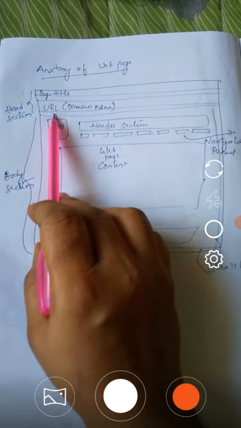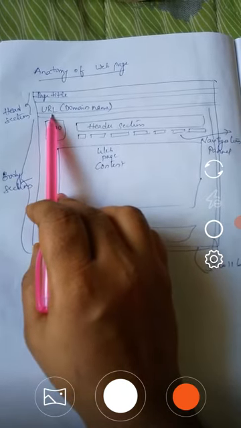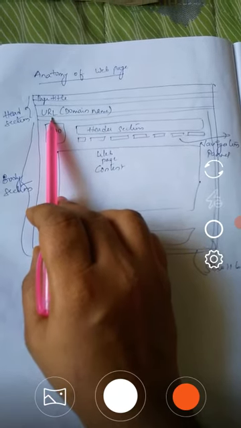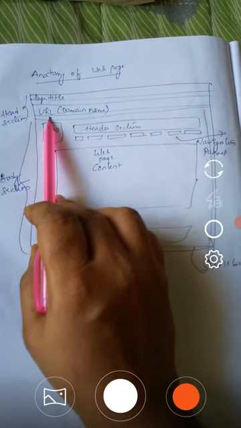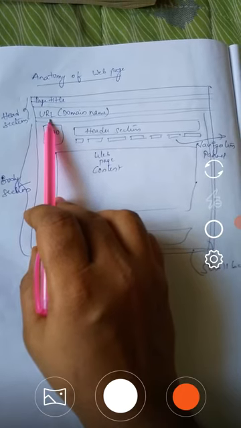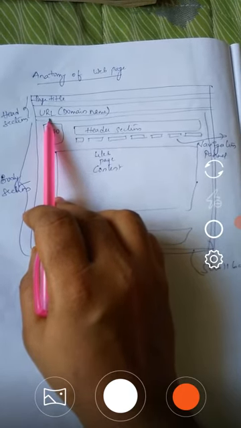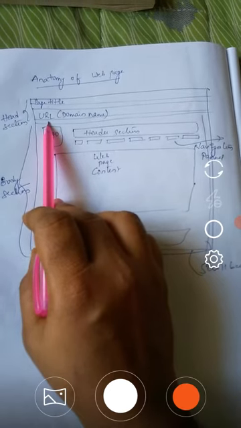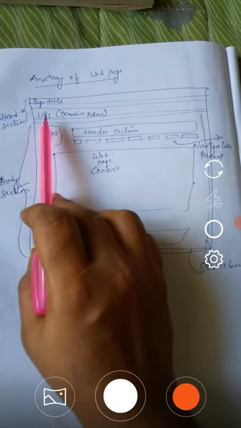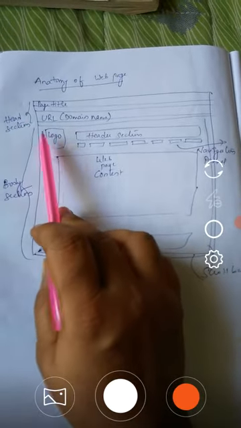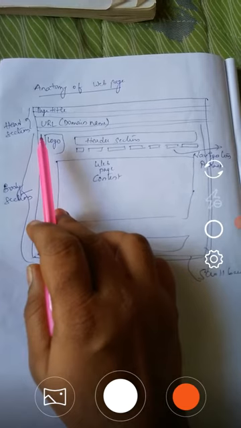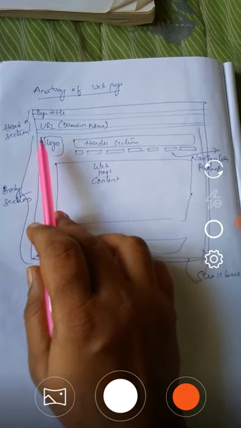coding. And the second one is the URL. We can abbreviate this as Uniform Resource Locator. We can also call this the domain name. The URL is the domain name of a website. If the visitor just types www.domain.com, they would be taken to the home page of that particular website. And the third anatomy is the file name. Here the file name is the web page file name. It doesn't contain any spaces.